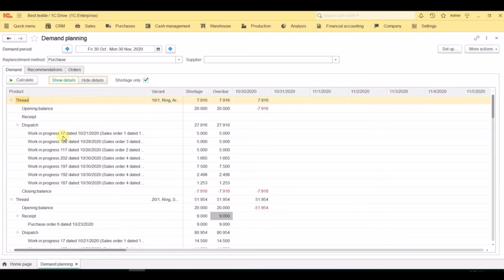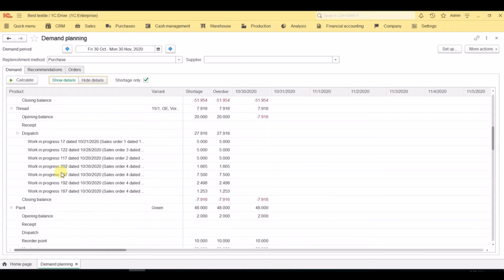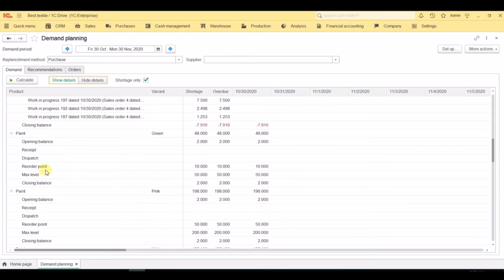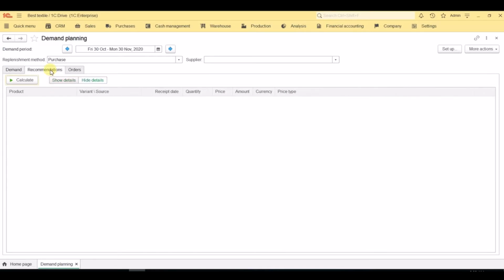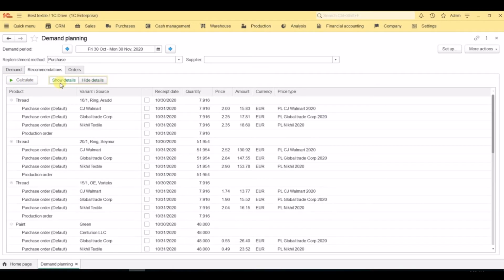You can see that work in progress documents were analyzed, as well as the purchase order and reorder points. We go to the Recommendations tab and calculate recommendations. And you can see that once the drive analyzed all the suppliers that we've got for this product and variants, as well as prices. We make the selection, go to the Orders tab,